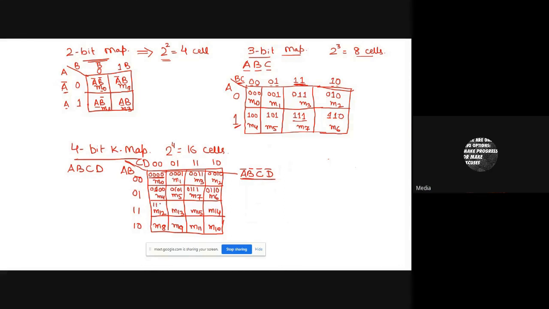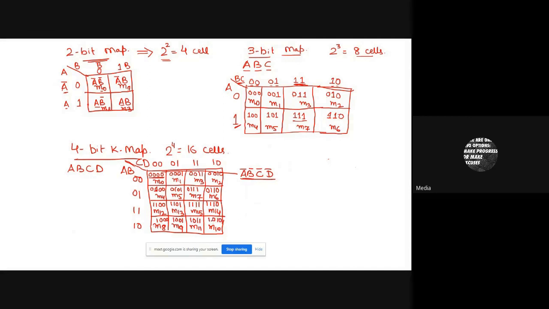This is 1, 1, 0, 0. 1, 1, 0, 1. 1, 1, 1, 1. 1, 1, 1, 0. 1, 0, 0, 0. 1, 0, 0, 1. 1, 0, 1, 1 and 1, 0, 1, 0.